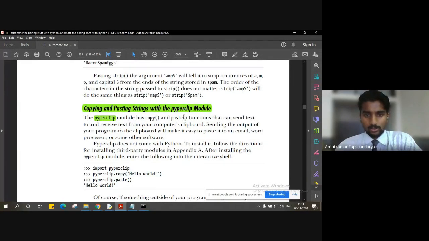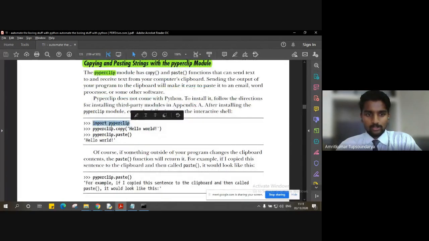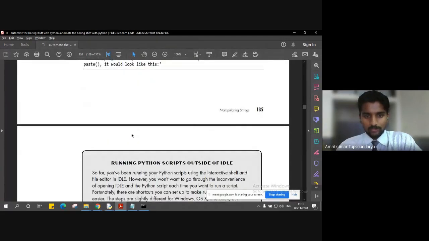So Pyperclip is a module, and it has functions like copy as well as paste, right? So we saw a simple example of how we import this module, how we call it, and when we get a copy of a particular text which is copied using the Pyperclip module, later we can use it anywhere to paste it. So I think this is where we stopped.